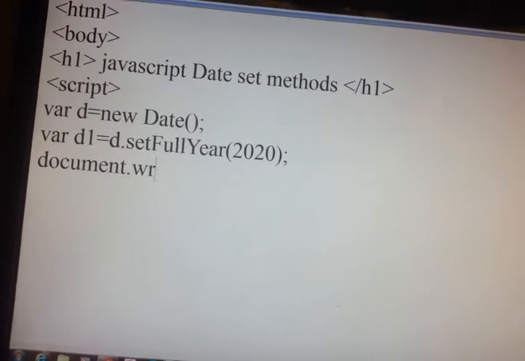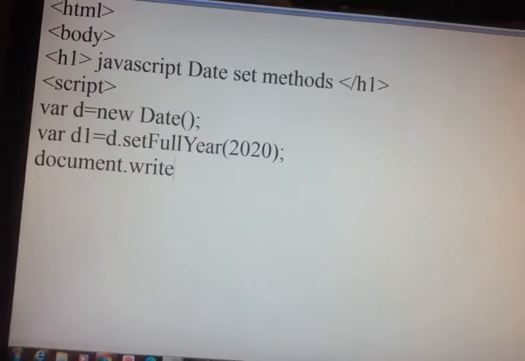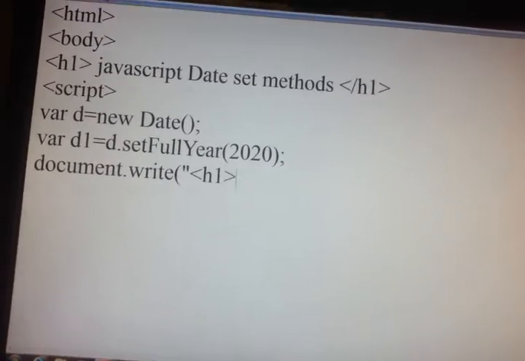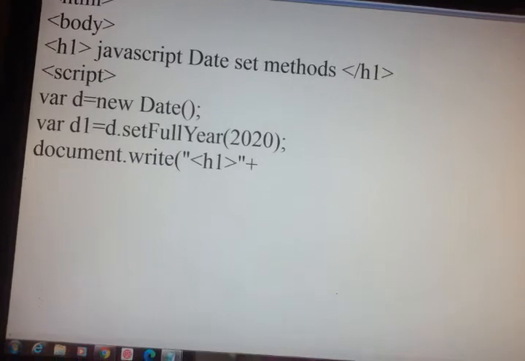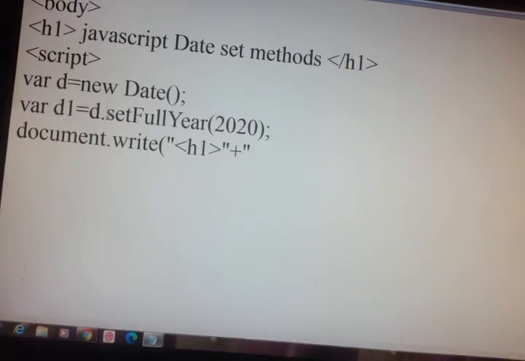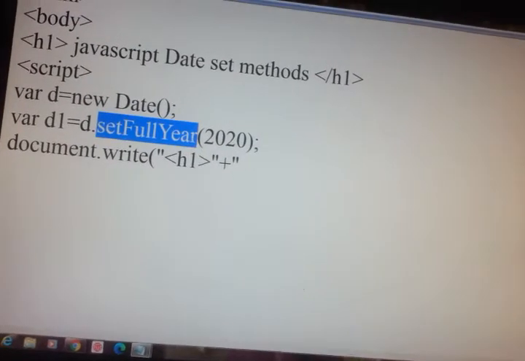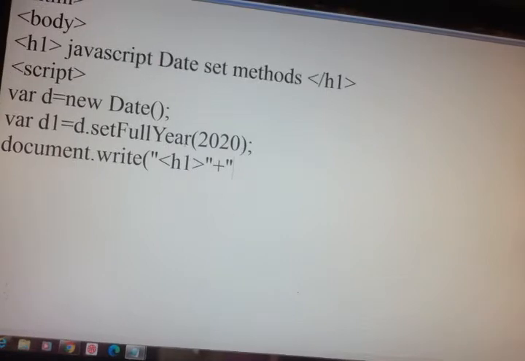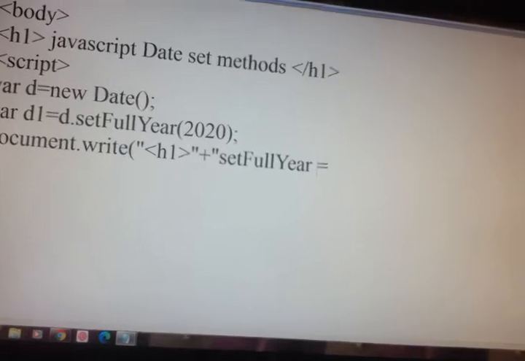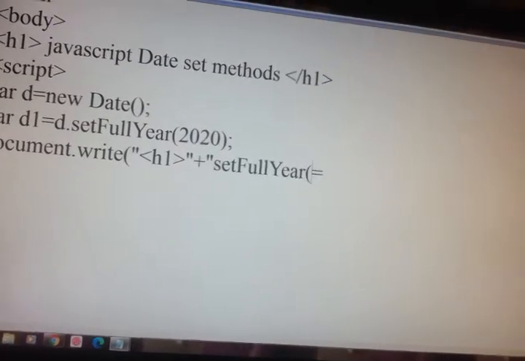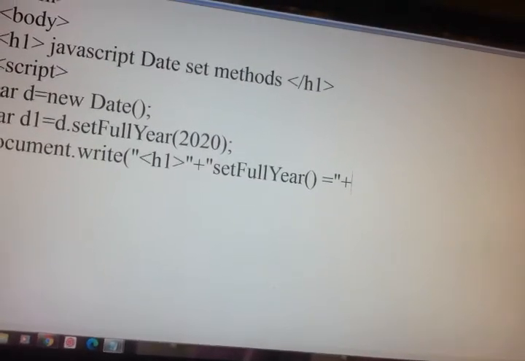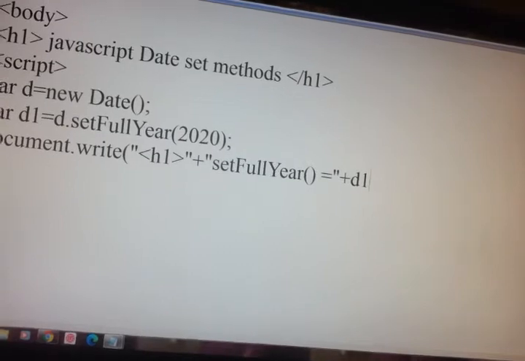Document dot write set full year is equal to d1.